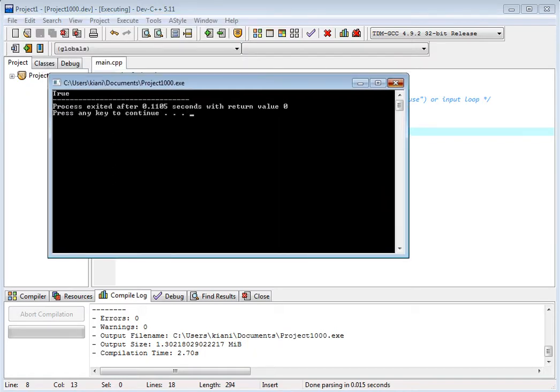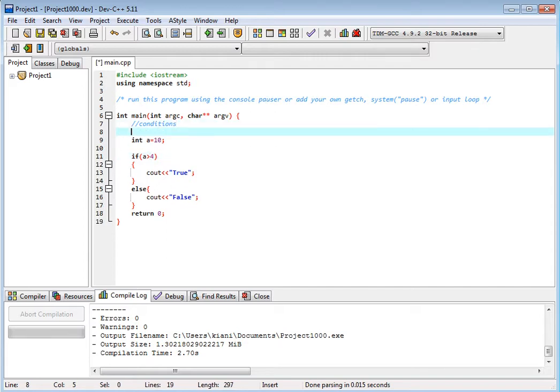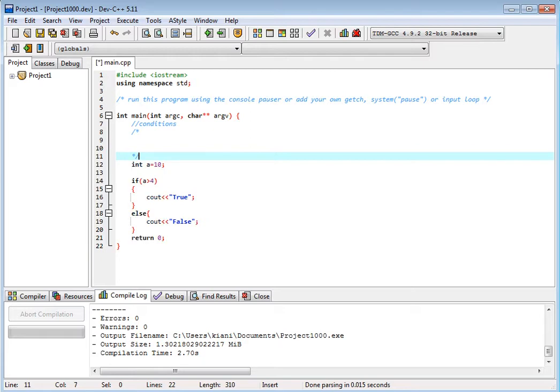Okay. Equal to, we have operators like this multi-line comment, /* and */. The compiler will not read this.